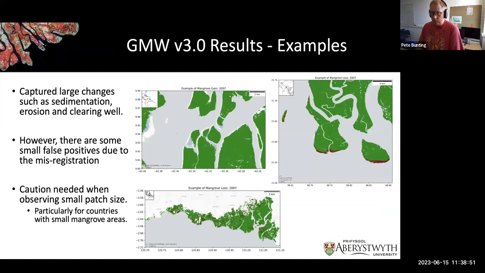So this just shows some of the results where you step through the time series. I think the take-home message is that where you have large changes in mangrove extents, those are picked up really quite well. However, if you're looking at small features, and particularly small areas, you can still find